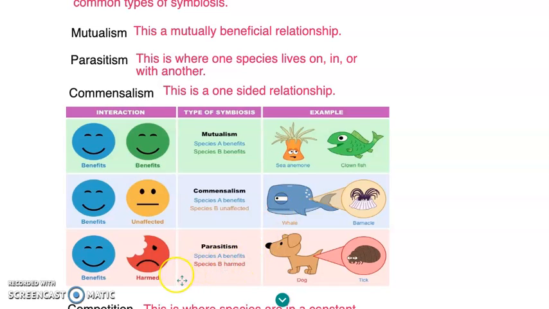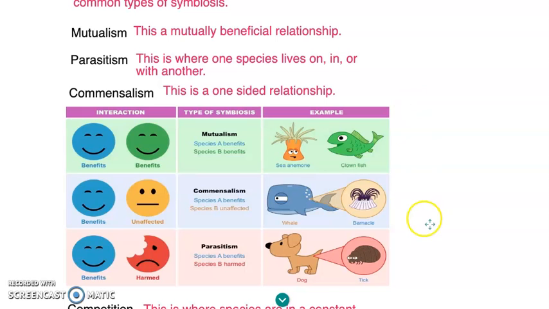Now the next one is parasitism. So species A benefits where species B is harmed. And I think this kind of relationship that we all know about is ticks or fleas and our dogs, cats, rabbits. So the tick or the flea will attach itself onto our animal and use it as a host and live there, basically feeding off of its blood. So these are the 3 most commonly recognized